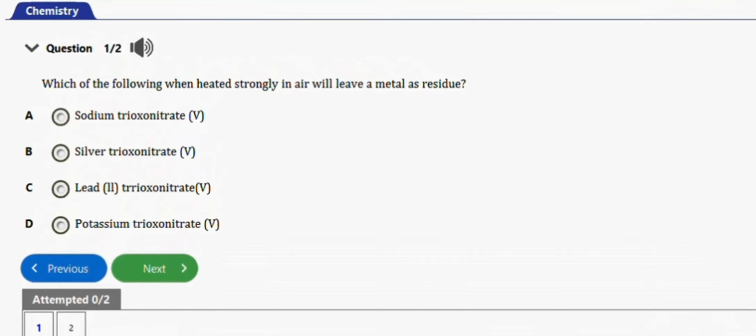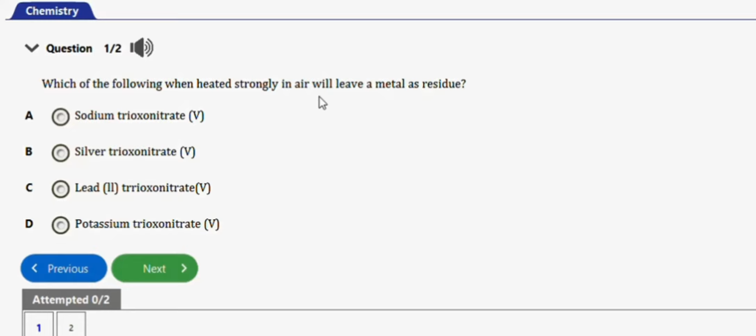In this video, we're going to learn how to solve these chemistry problems under sodium. So guys, we have two repeated questions to practice with for this topic. Let's get started. The first question I have here says, which of the following, when heated strongly in air, will